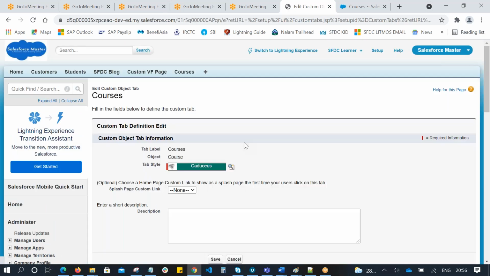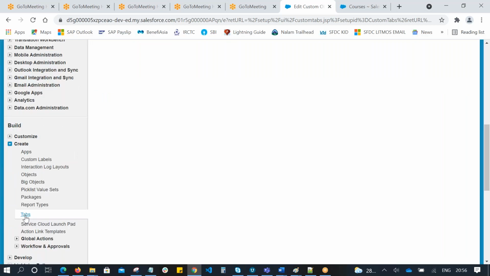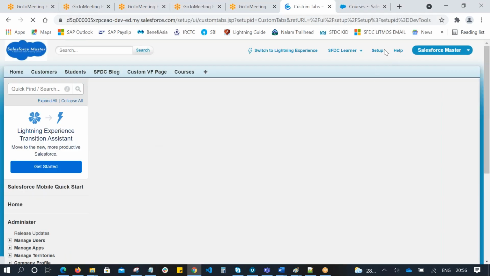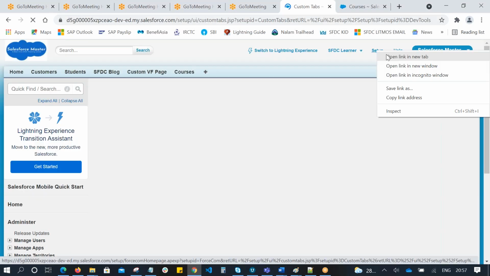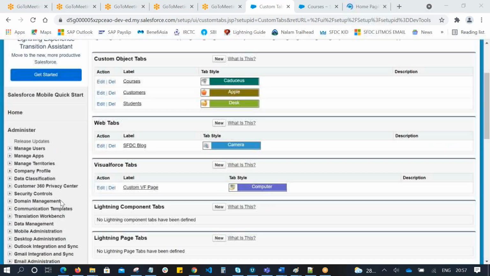Once we give the tab, we're unable to modify. So the template is already assigned. We're unable to modify. Okay. Let's go to tabs and try to create a new tab. Okay, so what are the objects we're deleting? Let's delete from the recycle bin. So go to home tab.